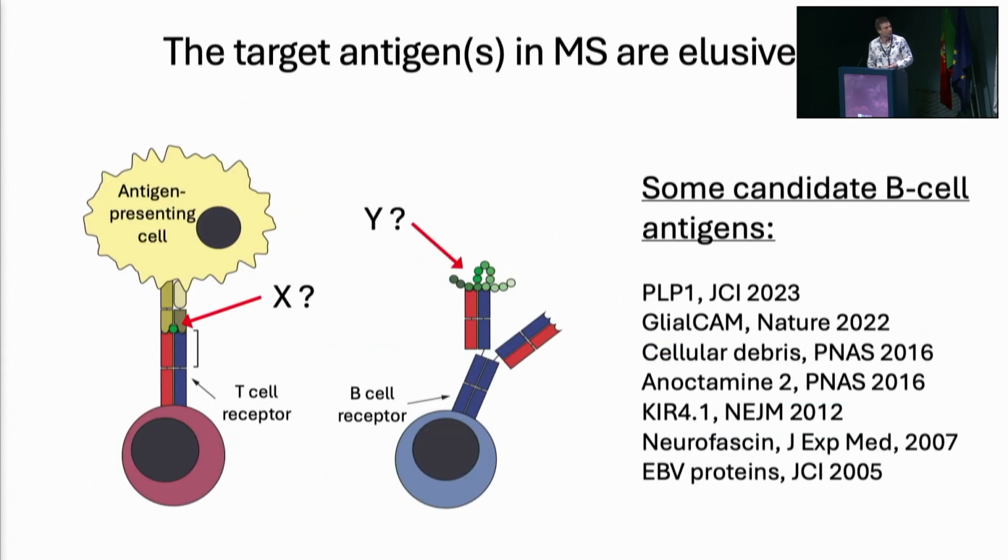In MS, on the other hand, we do not know what the target antigens are, and there is no current consensus on what the T cells and the B cells react to in MS. Although the list of publications revealing novel antigens is quite long, and I put just some of them here, these candidates have not been validated by independent research groups, and some of these candidates are also controversial, I must say. So if you're interested in that, come by and we can discuss them, but we will not dive into